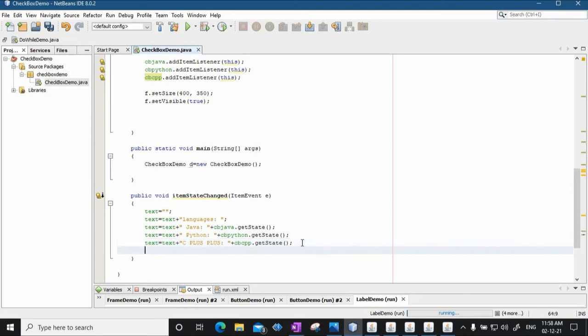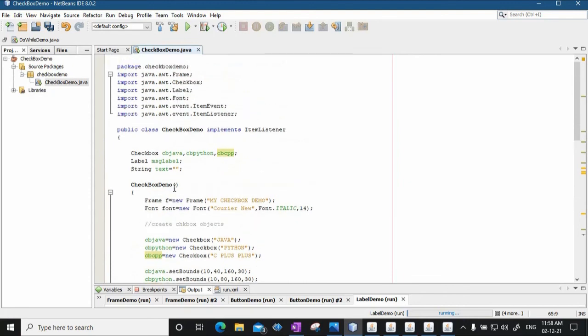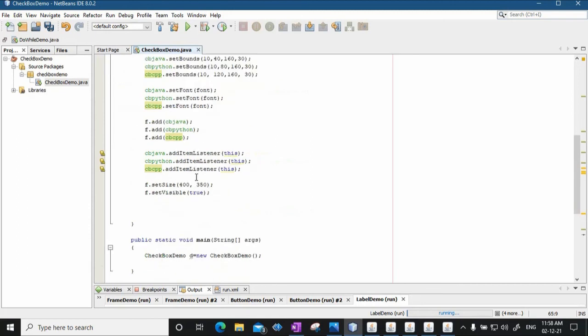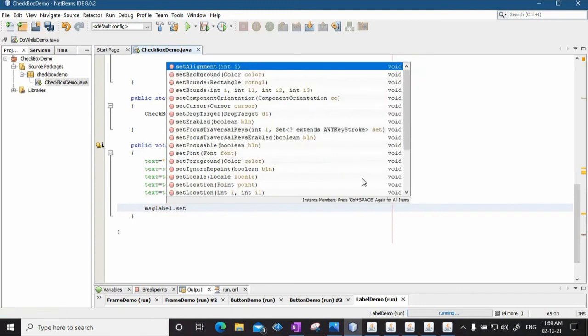Now all this you are going to print if the item state gets changed. That means if some checkbox is checked or unchecked, ultimately the message box is going to have it. So to print this in the message box, we have already created an object of label called MSG label. So we are going to use it, and we are going to say MSG label